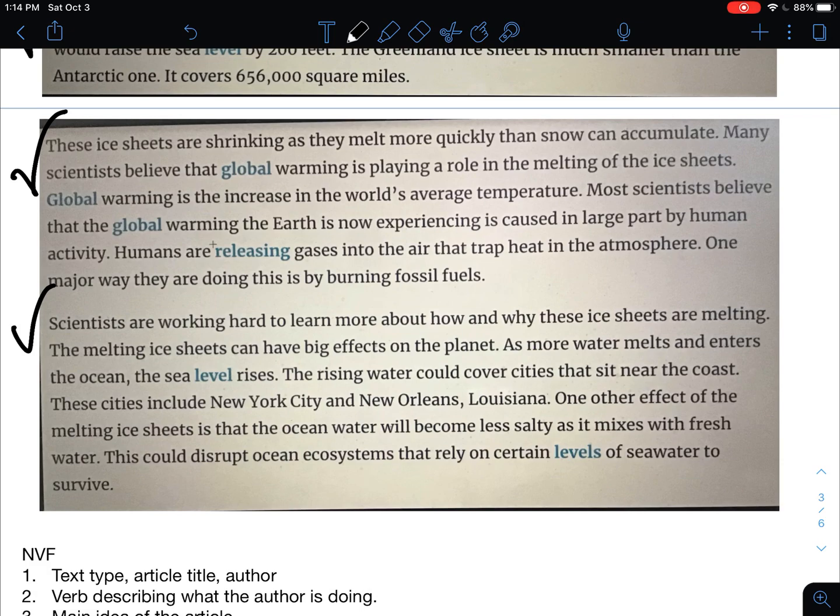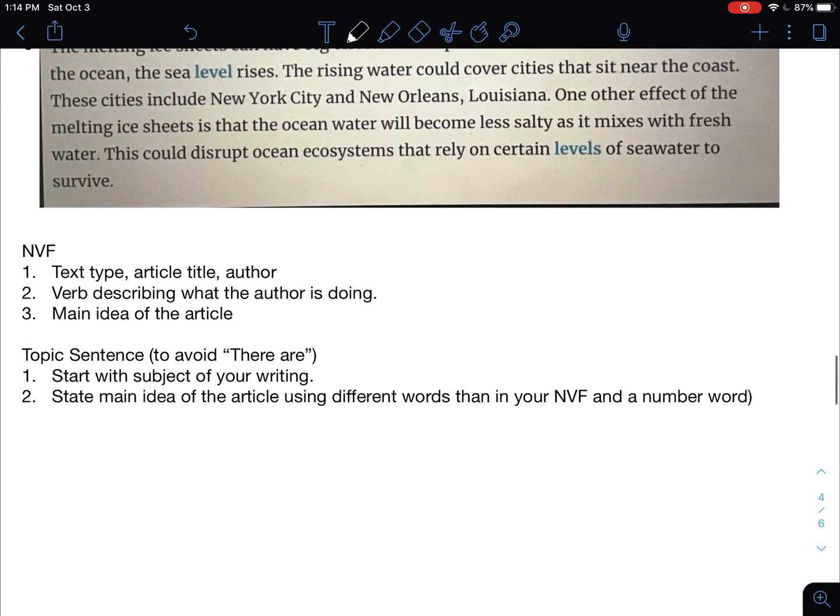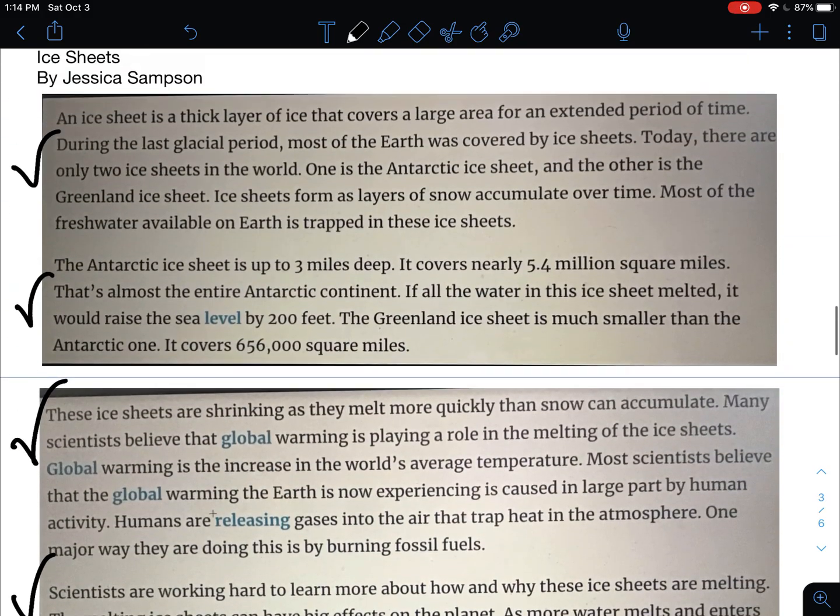For your NVF, you want to keep it simple. You don't want to have too much description in the main idea of your NVF because you're going to get more specific and describe what you're going to write about in your topic sentence and your projected plan, which is going to be the third sentence of your introduction. So for your NVF, right, I would say,